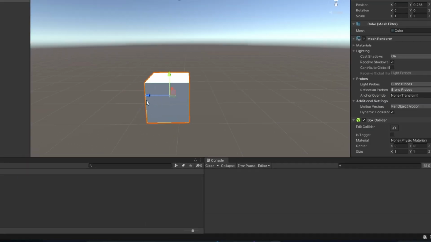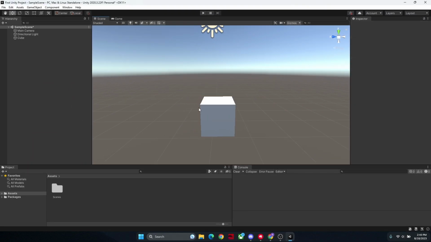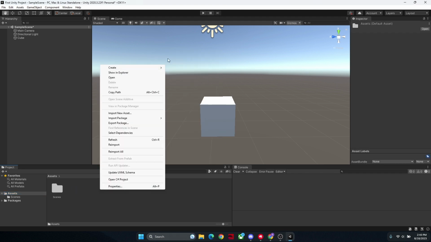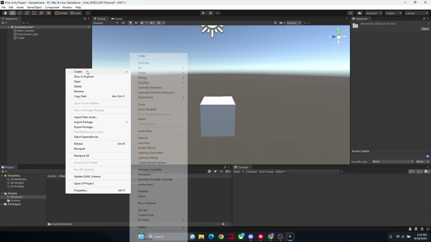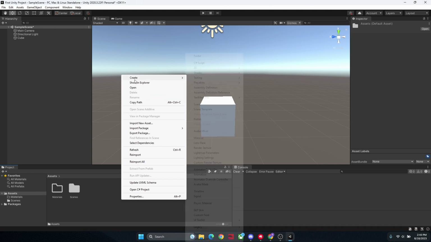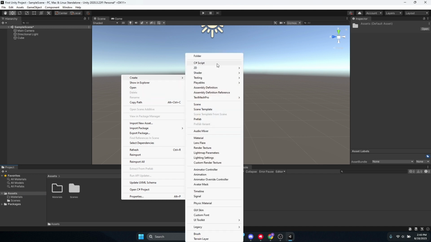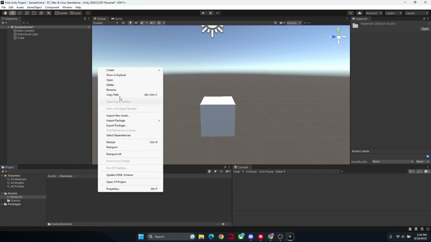But for now, we'll just go into the assets and we can create a new folder. Alright, we'll call this materials. In the assets, in these folders we can create anything. We can create scripts, shaders, testing, all of these different things. But for now, we're just going to focus on creating a material,